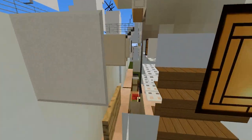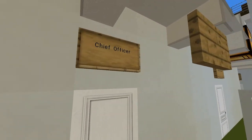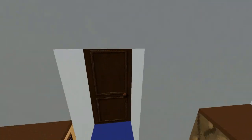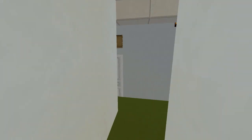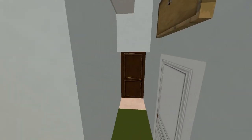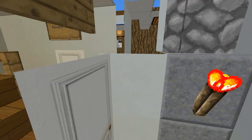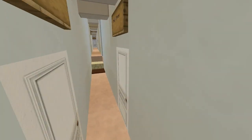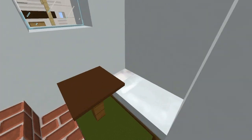On the other side you can find, I guess this is a chief officer, yes, chief officer's cabin with a sitting room and his bedroom and a private bath and a toilet and a switchboard room, okay, and of course elevator gear for first class. And what do we have here? First officer, quite standard,